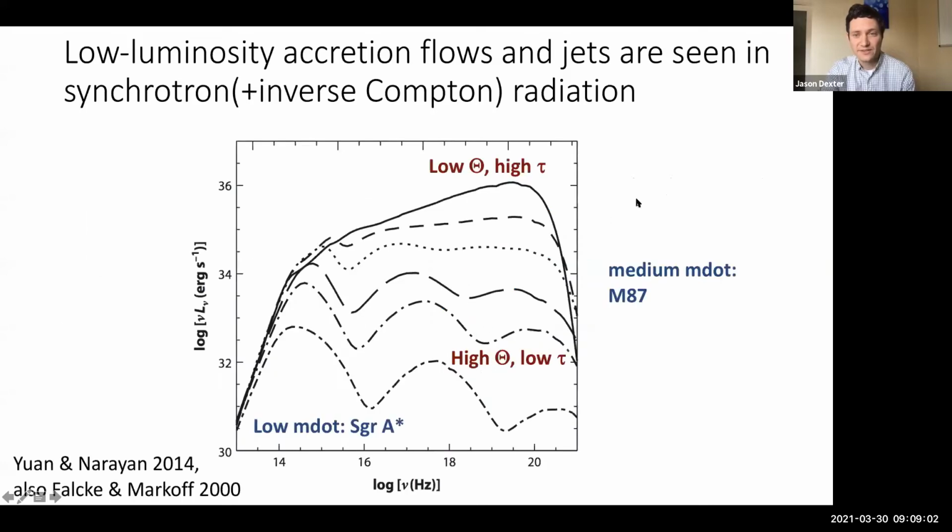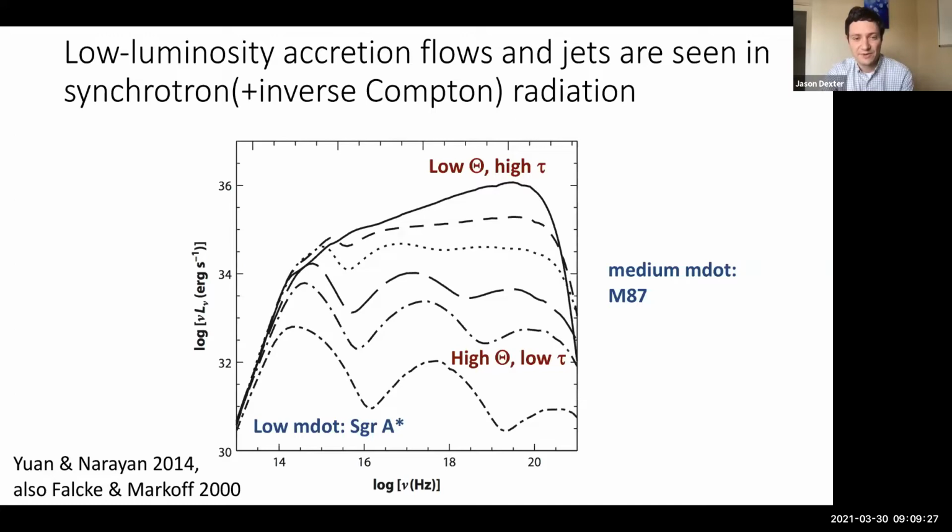All right, and just quickly to note that the relative importance of these processes changes as you change the Eddington ratio of the accreting source, or the dimensionless m dot value scaled to the Eddington luminosity. So it's nicely shown here for a sequence of accretion models. There are also jet models that can explain the same radiation.